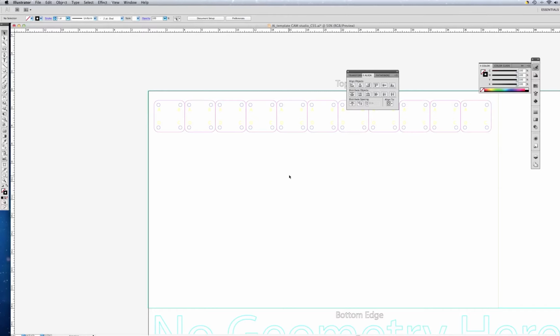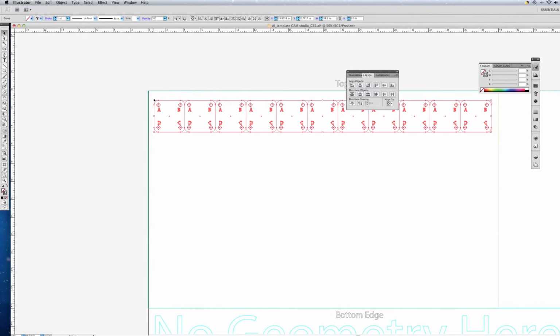So the next item we'll be using is the Pathfinder tool. But before we do that, what we'll want to do is copy these down. We'll be making 6 rows. So we'll go ahead and select all these tablets again. And remember, they're still grouped, so they should select pretty well. And then we're going to do a Control or Command C,